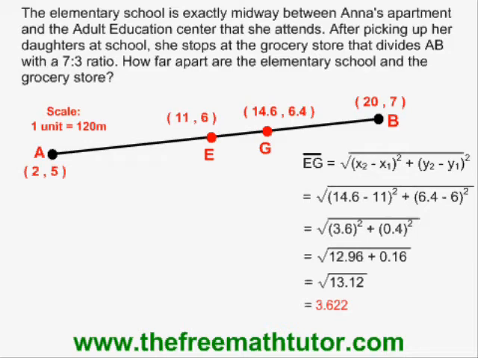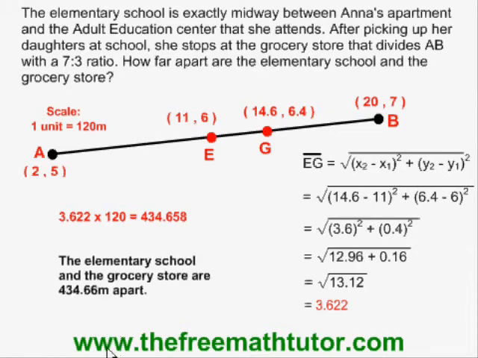All that's left now is to apply the scale. The scale says 1 unit is equal to 120 meters. So I will multiply 3.622 by 120 and I get a value of 434.658, again if rounded to the nearest thousandth. My final answer is therefore that the elementary school and the grocery store are 434.66 meters apart, if rounded to